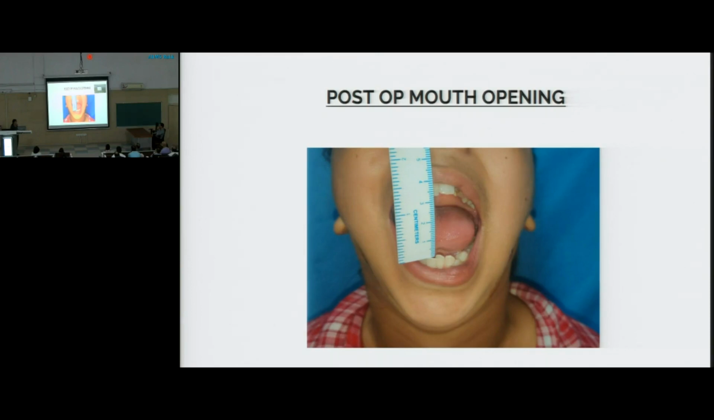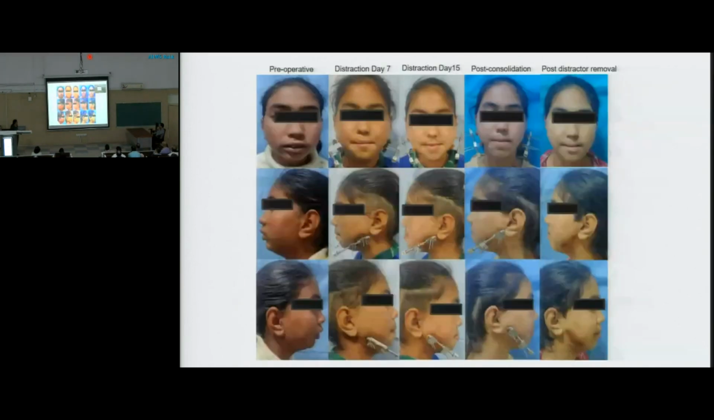And we also did proper planning, so that the patient did not have any inferior alveolar nerve paresthesia. She did not have any injury to any tooth, and she is comfortable now. And these are the serial photographs of the patient starting from the pre-operative